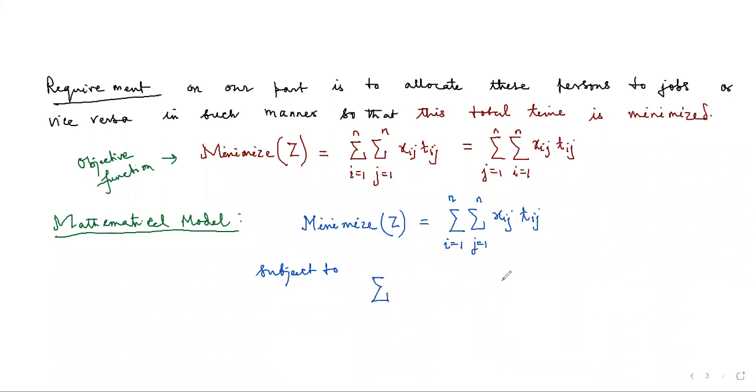First restriction is summation i goes from 1 to n, x_ij is equal to 1, where j runs from 1 to n also. That is one restriction. Then summation j goes from 1 to n, x_ij